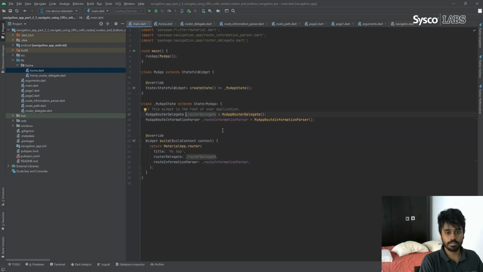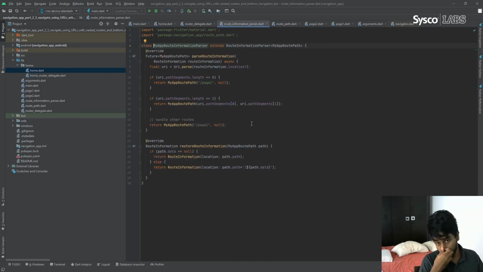So let's see what I have done in the root navigator delegate and the route information parser. So let's go into the route information parser. Just like before, I have implemented it to handle all the URLs.